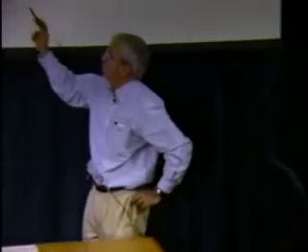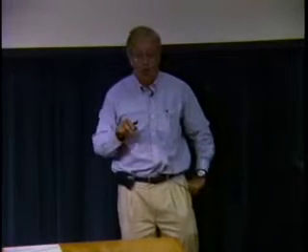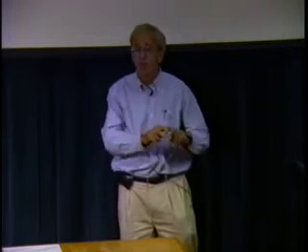But one thing we found with Brook is that it was too one-dimensional, as were Stream C and kernel C, for some of the scientific applications we wanted to address with Merrimac. And around the same time, largely due to the work of Keyvan Fatalian and Tim Knight, we saw that there was nothing fundamental about being one-dimensional, about having streams be a sequence. What was fundamental was that you localized all the data you needed for a kernel and then executed the kernel.